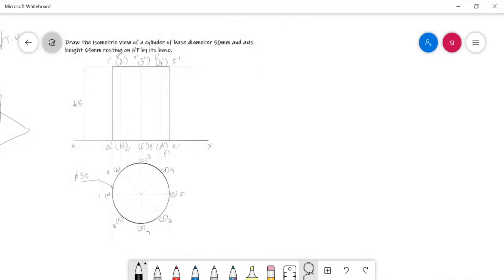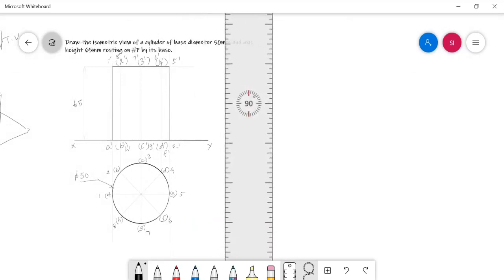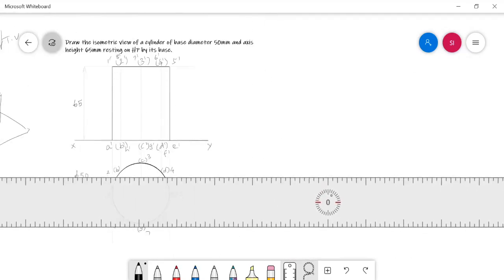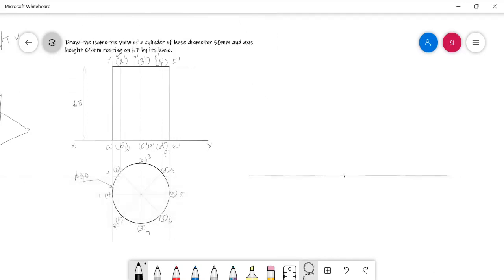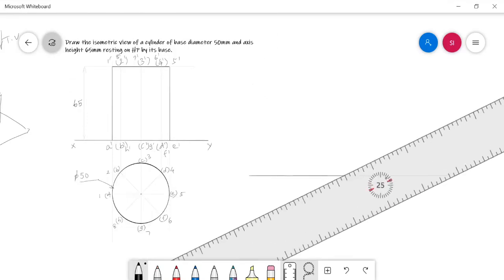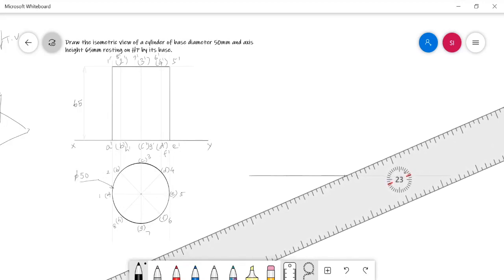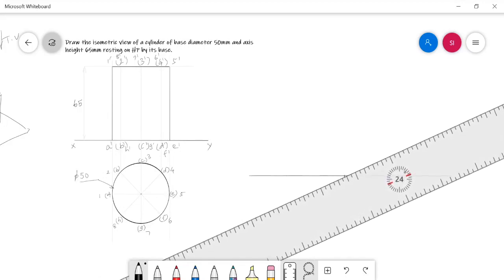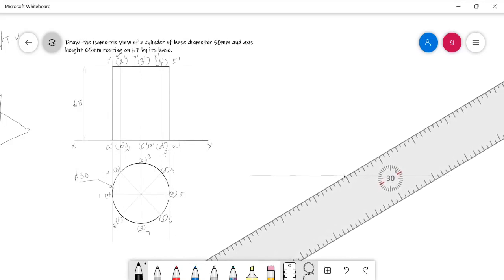For that, first we need to draw the isometric axis, just like the previous problem. First we need to draw a horizontal line and then mark an origin. From that origin, both on the right hand side and left hand side, we need to draw two lines, called the isometric axes, with an inclination of 30 degrees with the horizontal.